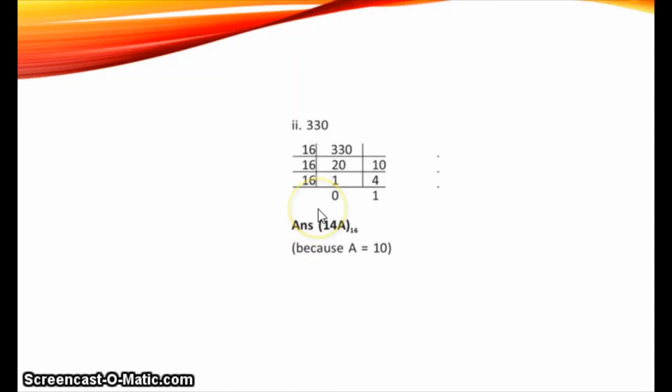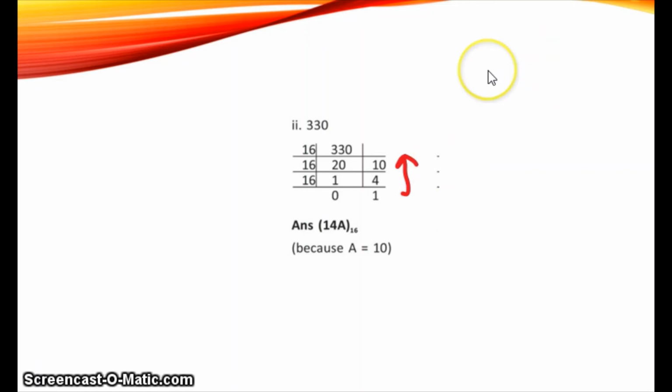Students, again the same procedure. We have to convert it into hexadecimal form. 330 is decimal format, so we will divide it by 16 because we have to convert it to base 16 format, hexadecimal format. So 330 divided by 16, 10 is the remainder, 20 is the quotient. Again dividing 20 by 16, 16 ones are 16 and 4 is the remainder. So we can leave it here, or 16 0 0, 1 is the remainder. So it comes out to be 1, 4 and 10,